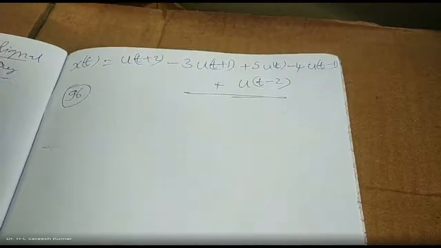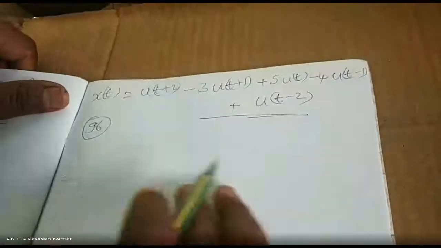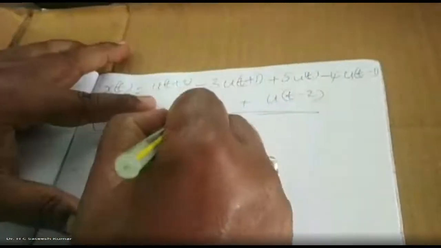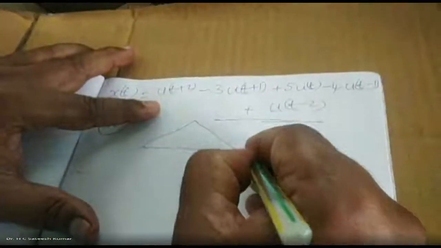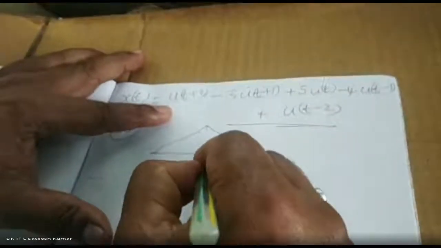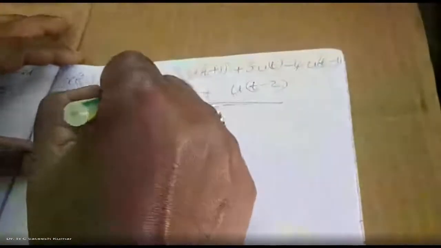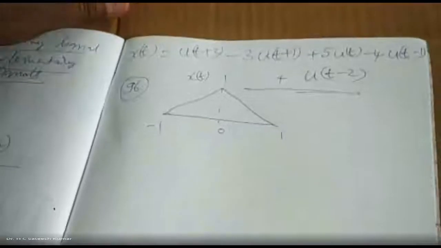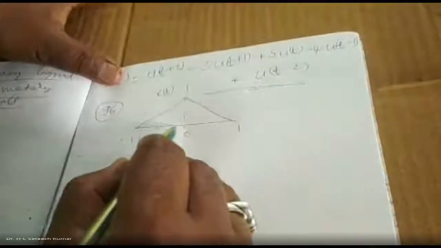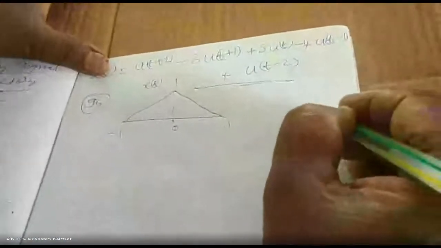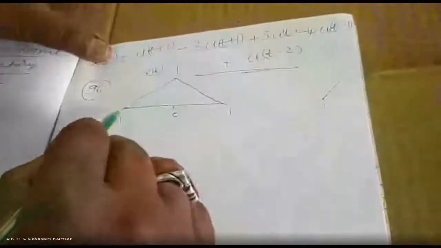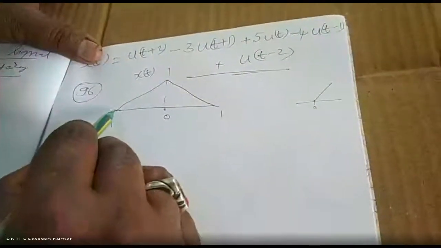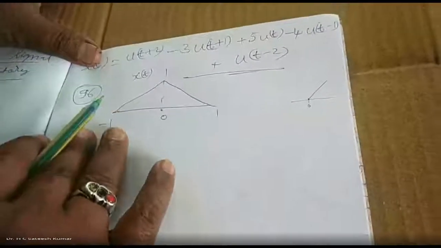Okay. So now let us go for one more problem of this sort. 0, minus 1, plus 1, 1. Called as x of t. Represent using elementary signals. This cannot be represented using step. Instead, I'll go for ramp. Ramp signal will be what? Starting from 0, like this it will go. But now the ramp signal starts from where? Minus 1. You should be very much careful while doing this kind of problem.